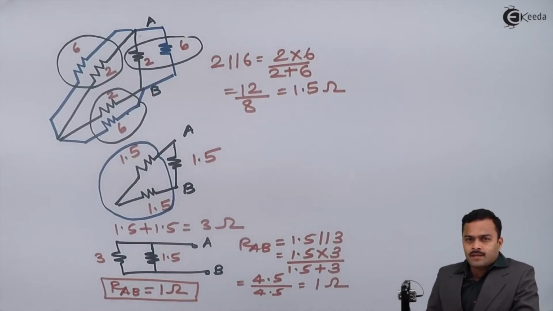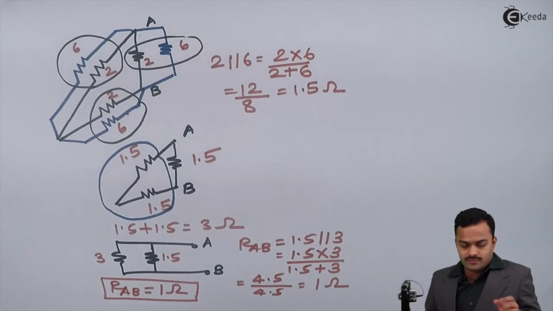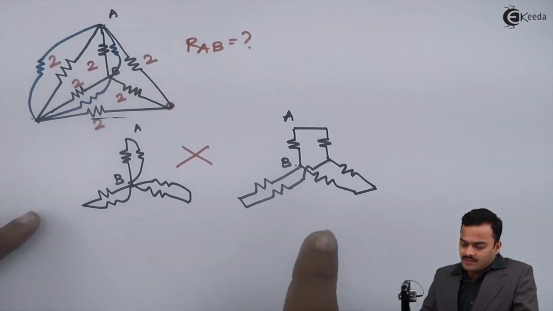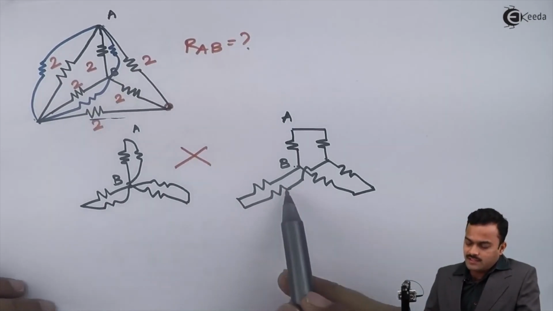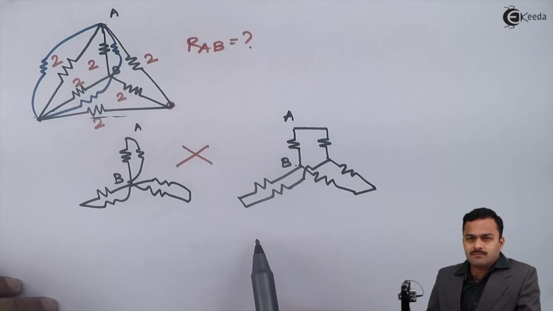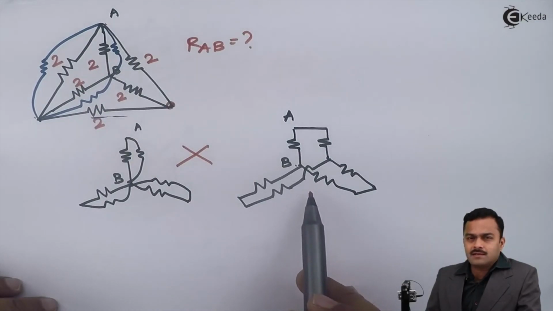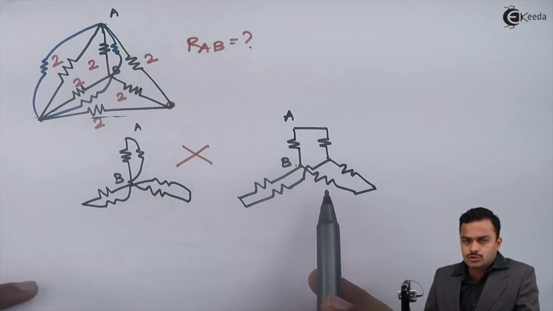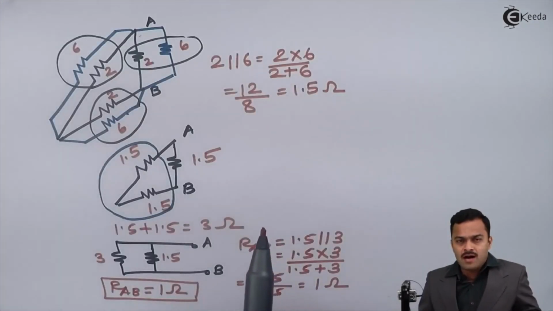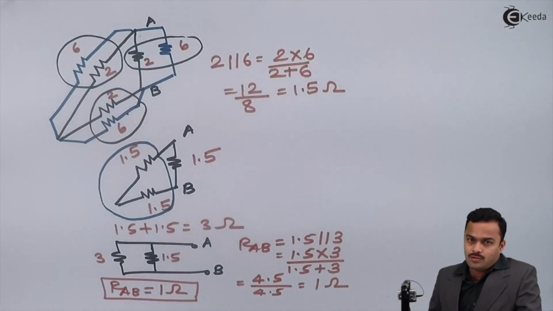So the thing is that if I smartly select star and delta, then I will get an answer with a minimum number of steps, so that I should not apply more series and parallel connections unnecessarily. But if I fail at that, say if I consider this problem and solve by the other method, it will have more series and parallel combinations, and it may increase the number of calculations unnecessarily. So selection of the smart star and delta is very important while solving a problem of a star delta network.